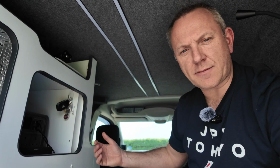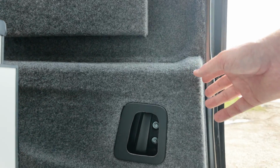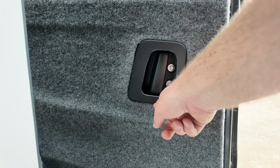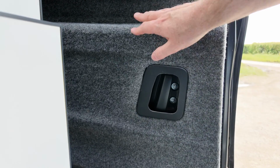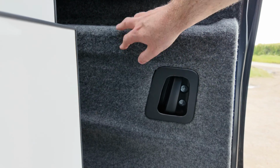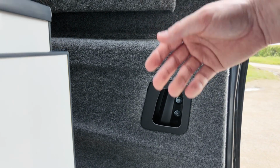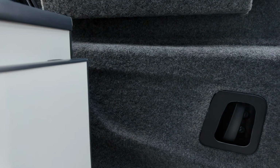So what you do is take the plastic panel off the inside of the door and push out the separate little door handle shaped part. It actually looks like that. That's the kind of shape it is. I've carpeted this panel, but in the actual van it will be plastic. You take that off and you can get inside the door and get to the locking mechanism, and you'll see